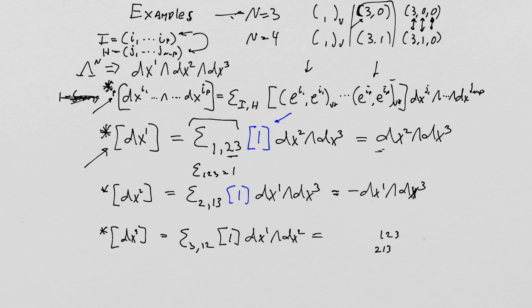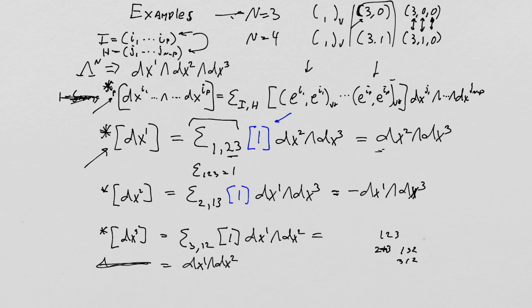What do I want? I want 3, 1, 2. Okay, so I go 1, 3, 2 is 1 flip, 3, 1, 2 is another flip. So there's 2 flips, so it's positive, so it's dx1 wedge dx2, like that. So that's your Hodge duals of your